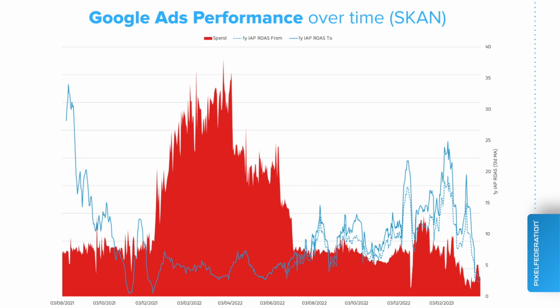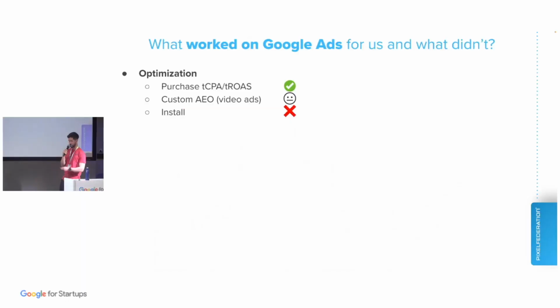So I hope that will improve over time, and more so with SKAN 4.0 and other inventory added that will be trackable by SKAN, but we'll have to wait for it, I guess, a couple more months. In terms of what worked and what didn't, it's the same. Target CPA and tROAS. tROAS beta on iOS, yeah, it's in beta, but if you have it, test it. It might work pretty well. What didn't work so far that well is using video as a custom AEO and passing it to tROAS. Well, we need to test that.